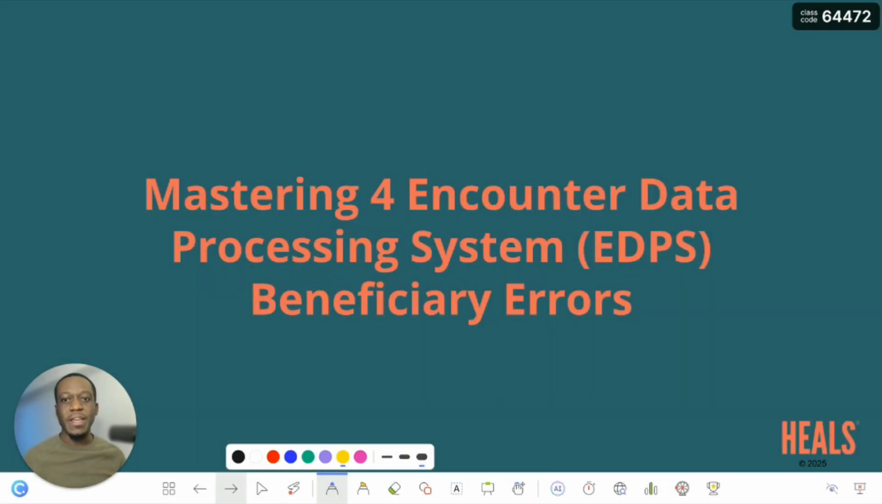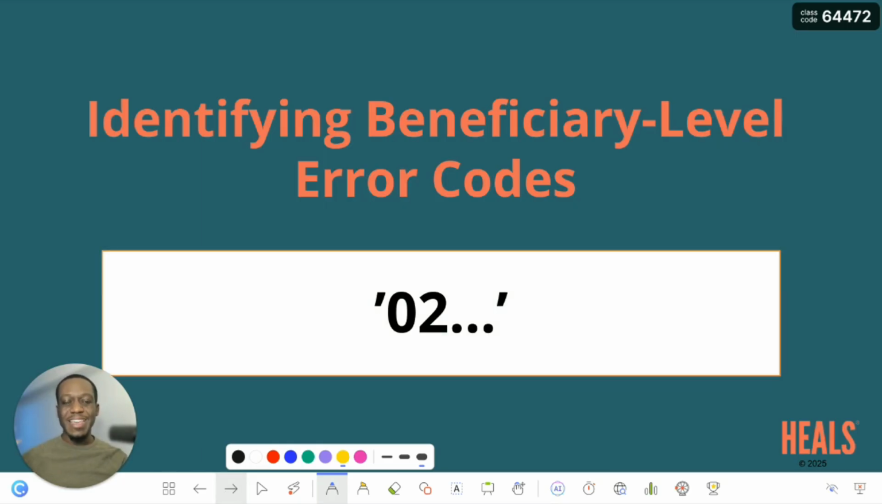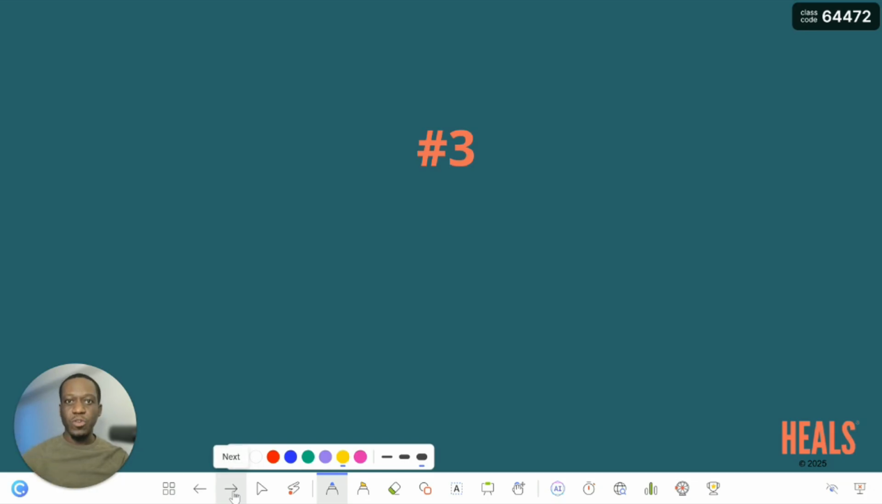Today, we continue with lesson number 3 on mastering Encounter Data Processing System beneficiary errors. We have learned that a way to identify beneficiary level error codes in the Encounter Data Processing System is that they all start with 02. Throughout this month you may have recognized that all the error codes we are discussing start with 02. Now we'll jump into error code number 3, which is